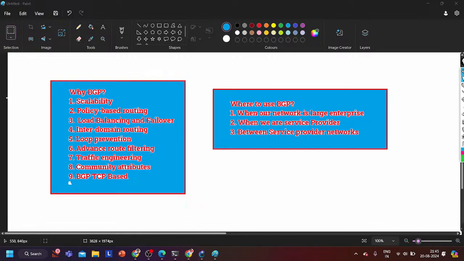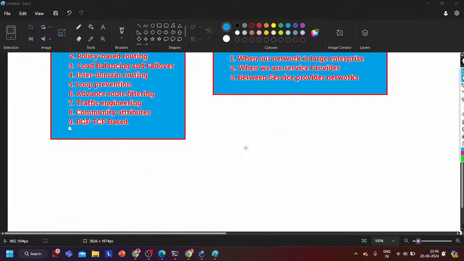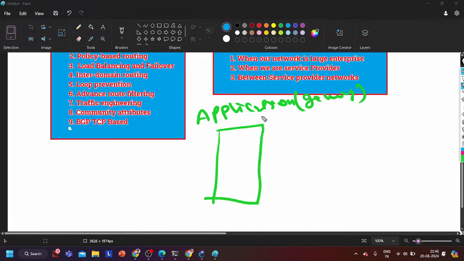Guys, what is the difference between running something on our server in the data center at the headquarters or running something on the cloud? Both are the same, brother. The only difference is you don't need to purchase the physical hardware. Let's suppose I am going to host one application, a gaming application. What do I have to do? I have to purchase one physical server. On that server, I will host the application.